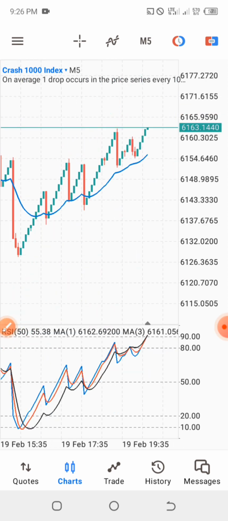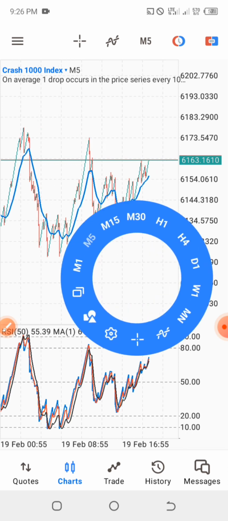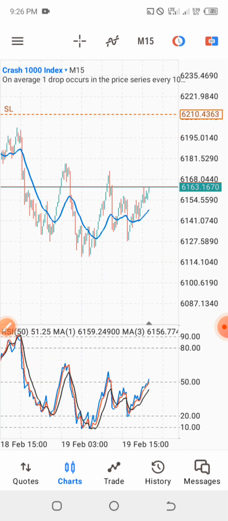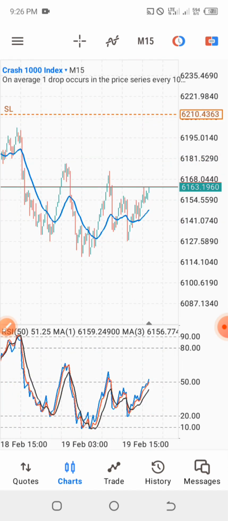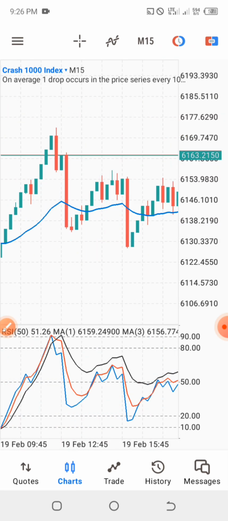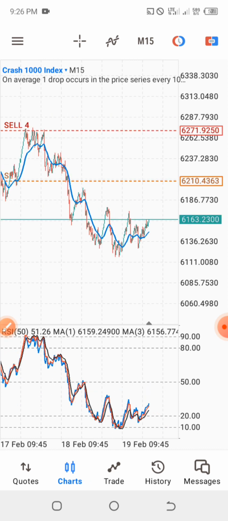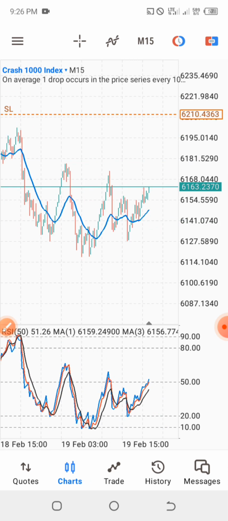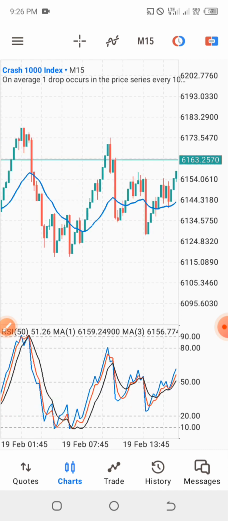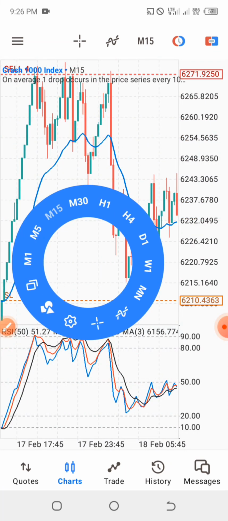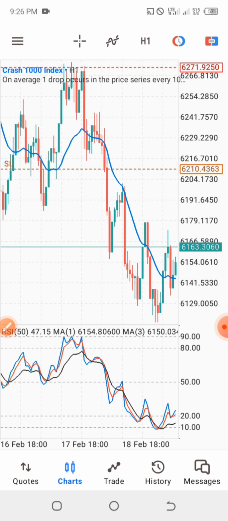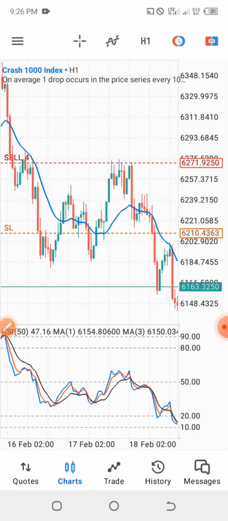Now this is our explanation. This is our expectation right here. Maybe I show you the 15-minute time frame. For the zoom level, when you zoom out completely, you need the third zoom level. So you zoom out like this, and you need the third zoom level, which is going to be this one right here. So now this is our expectation right here, before we take any trade.